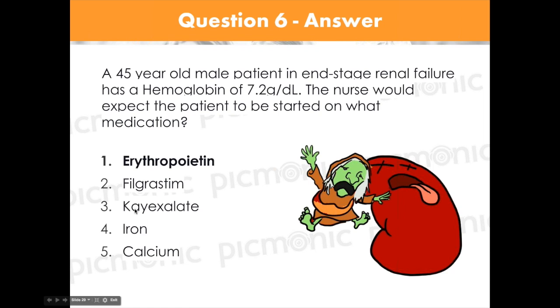We give iron in a patient who's iron deficient for iron deficiency anemia, or a patient who has a chronic bleeding problem. So if I said, let's start over. A 20-year-old female patient with excessive menstrual bleeding has a hemoglobin of 7.2. The nurse would expect the patient to be started on what medication? What's the answer then? Then the answer is iron, because this patient, or any female patient who is